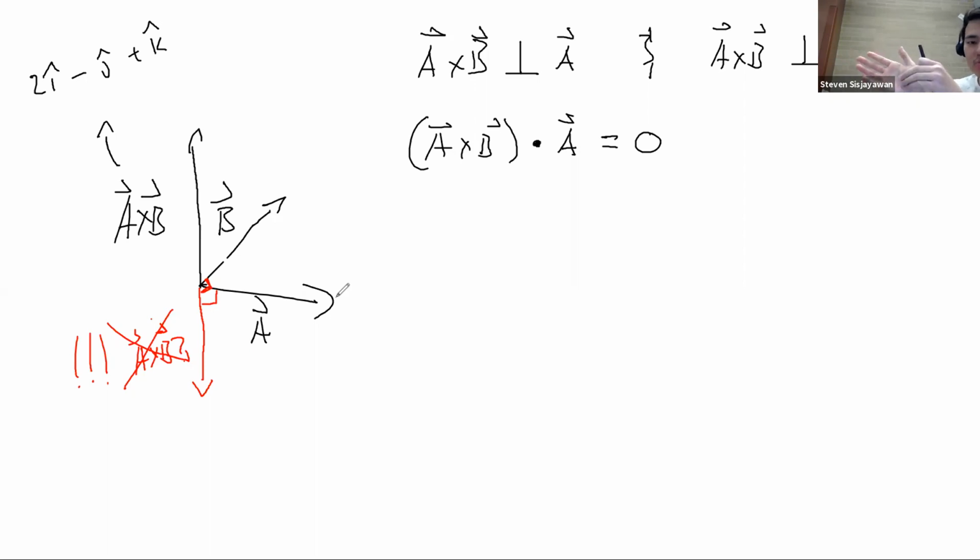Another thing to point out about this method is that your fingers should always curl towards your palm. So let's say we have A going this way. If you have your fingers going along A, it can be going this way or this way, right? Because I just said my fingers move along A. So if,